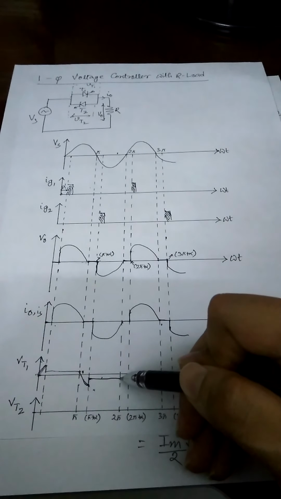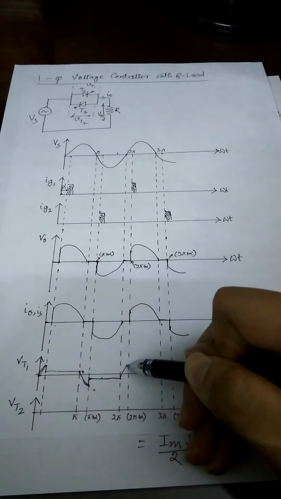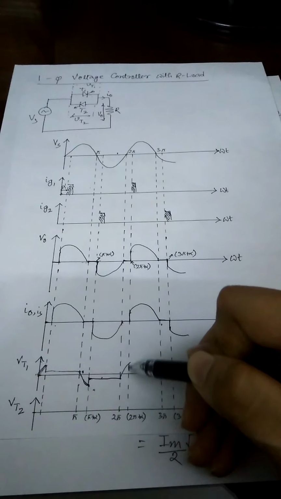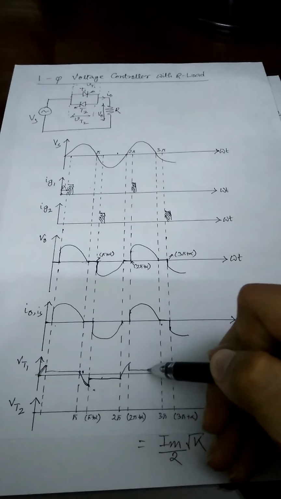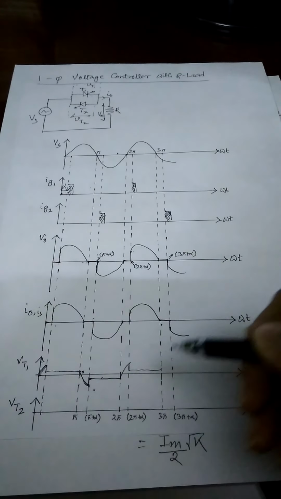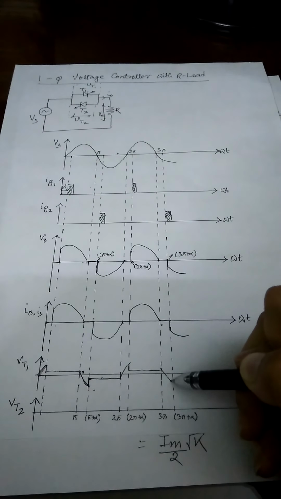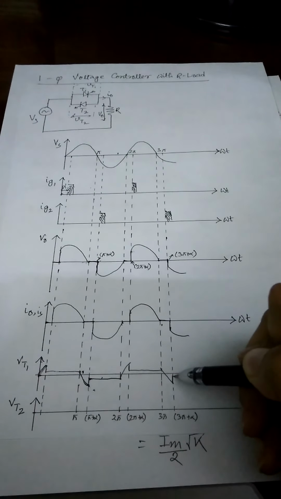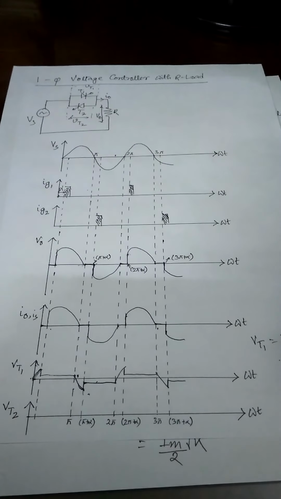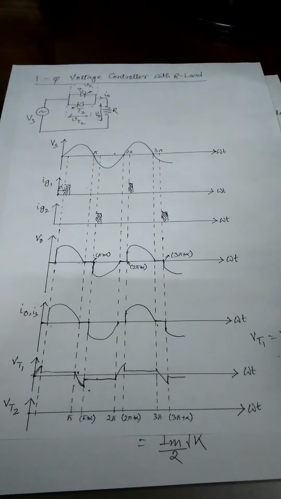So after each pi point we will get the thyristor voltage waveform that follows this envelope. So if we consider the